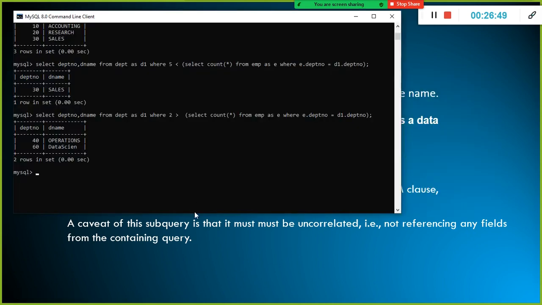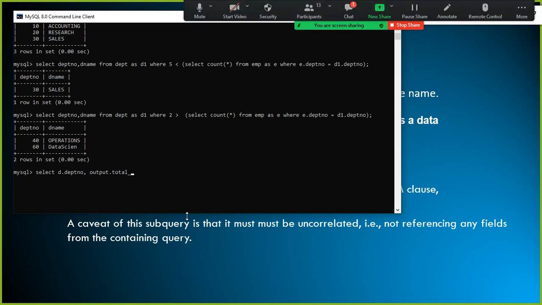Let me just go here. So we have select, let's say D dot depart number. What is D dot? D is an alias for the department table. And I'm going to say output dot total amount, something like that.